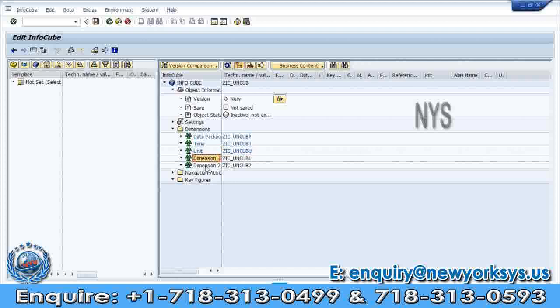Again, two dimensions. Here I am going to change the name of the dimension. Here dimension 1 in the sense what. So I will give for this dimension a meaningful description. Here how can we give the meaningful description for this dimension? Select the dimension, context menu, click on properties. It will open a box. I am providing the meaningful description for this dimension, that is customer